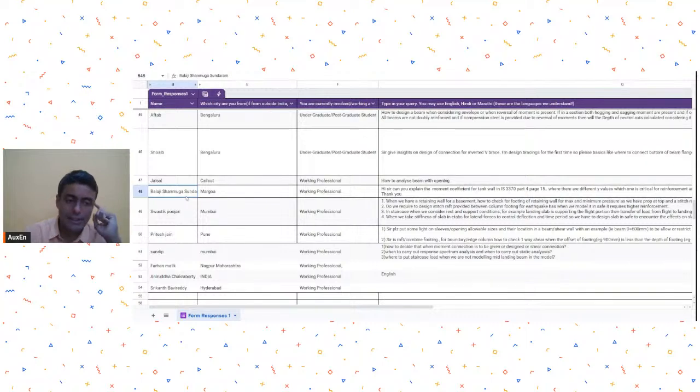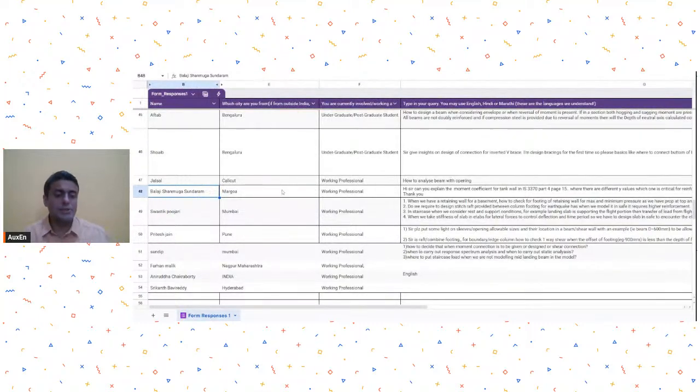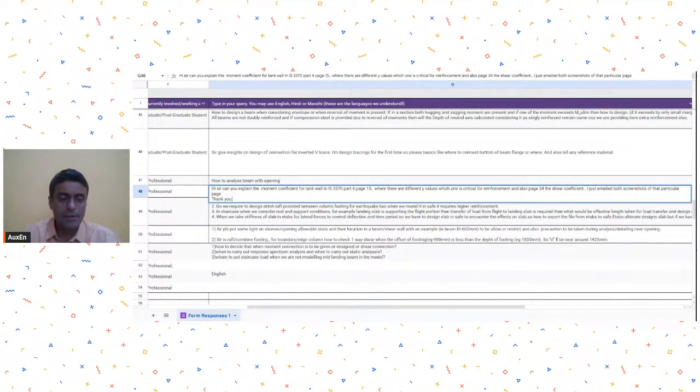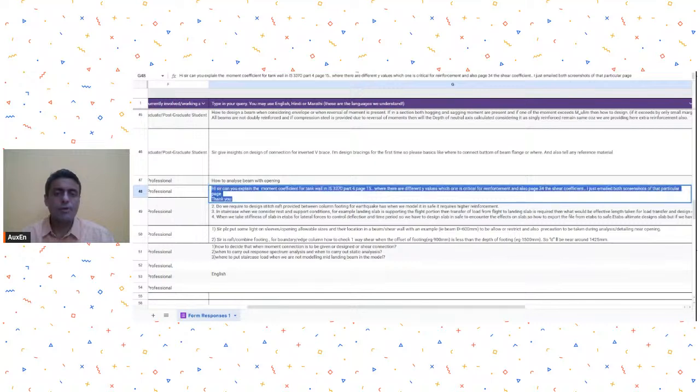Mr. Balaji, just a minute. Mr. Balaji is joining us from Margoa. He is a working professional. He is asking, "Hi, can you please explain the moment coefficients for tanks?" So my first question was, why are you referring to these moment coefficients? The day and age of moment coefficients is long gone. I mean, you should have referred to moment coefficients when you did not have enough